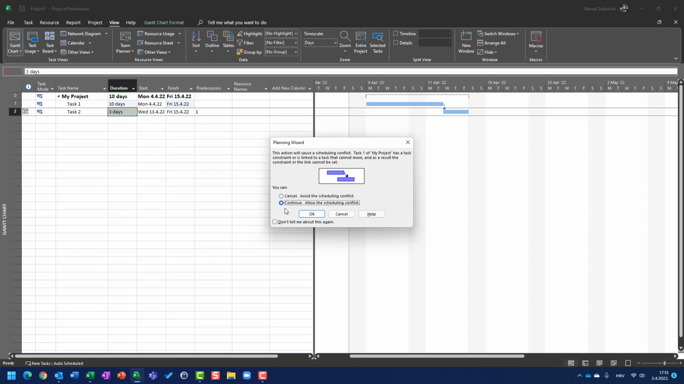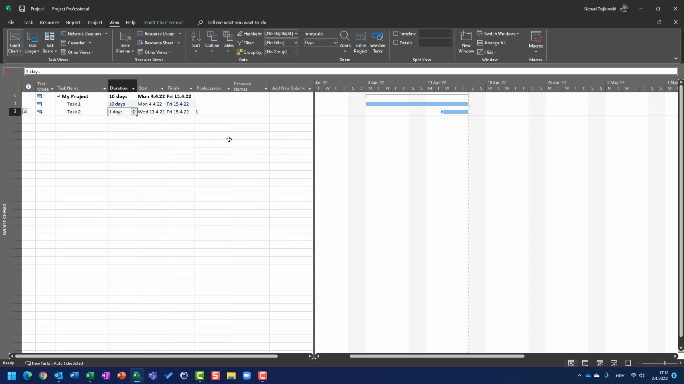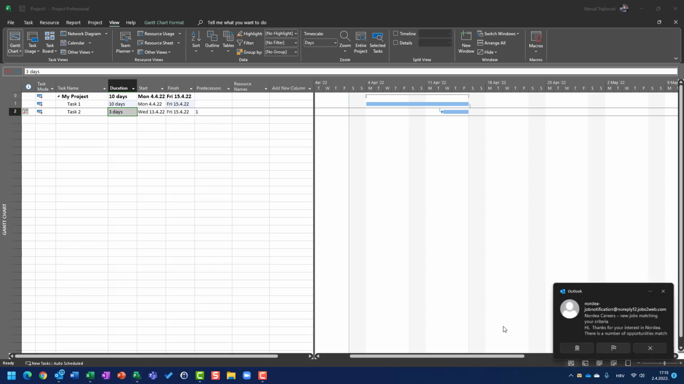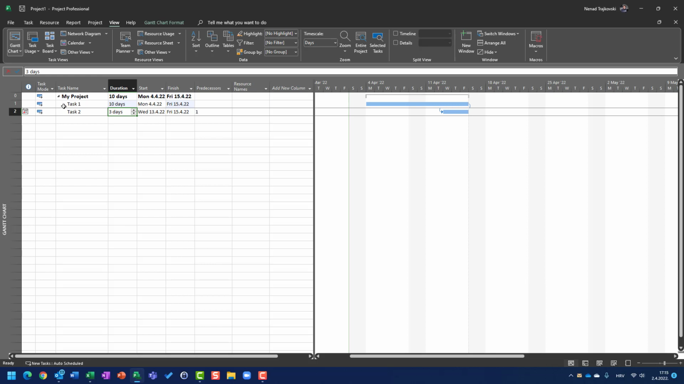I will say continue, and again I will have a constraint which says that task 1 is supposed to finish on the 15th of April, but since task 2 has a constraint that it can't be finished later than the 15th, I will get the scheduling conflict, and task 1 is going to be finished later than task 2 is supposed to be started. Okay, this is